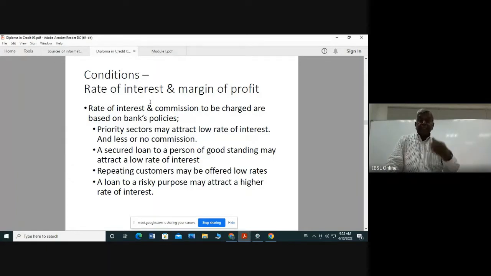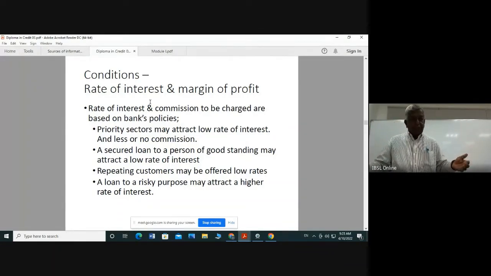And then repeating customers may be offered a low rate of interest. A customer who has taken a loan and repaid in a satisfactory manner, when he comes for a second loan, the bank may offer a lesser interest rate. I can remember in the case of bank loans, especially leasing facilities, when a customer obtained a lease facility and settled in full in a satisfactory manner, when he asked for another leasing facility, the rate was reduced. So repeating customers may be offered low rates. Similarly, other banks also may do like that. If the customer is good, has obtained facilities and settled in a satisfactory manner, the bank may offer a low